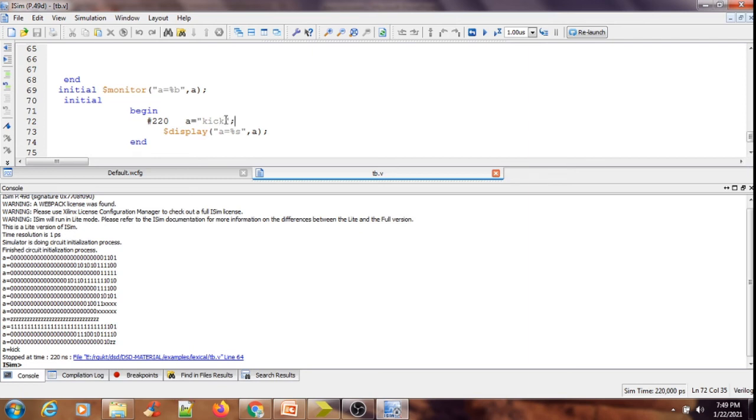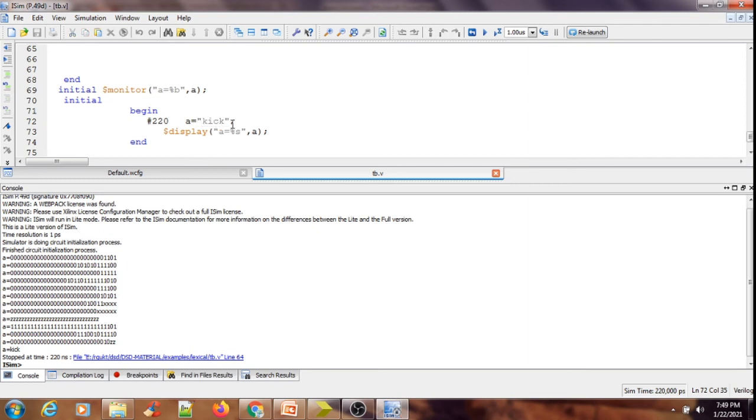That means these 4 alphabets return me how many ASCII values? 4 bytes of ASCII values. So 4 bytes means 32 bits. That means there should be some variable of 32-bit quantity required to hold the output kick.